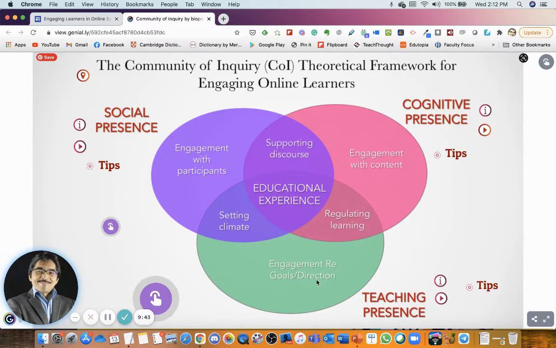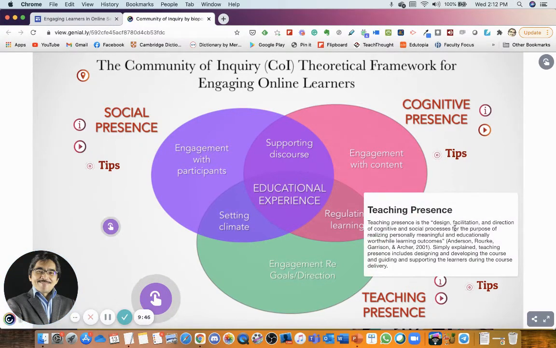And teaching presence is the design, everything about how we design the whole course, the element of facilitation, how the lecturer or the teacher plays a role as a facilitator to facilitate learning, and direction of cognitive and social processes for the purpose of realizing personally meaningful and educationally worthwhile learning outcomes. Simply explained, teaching presence includes designing and developing the course and guiding and supporting the learners during the course delivery. Okay, so again,